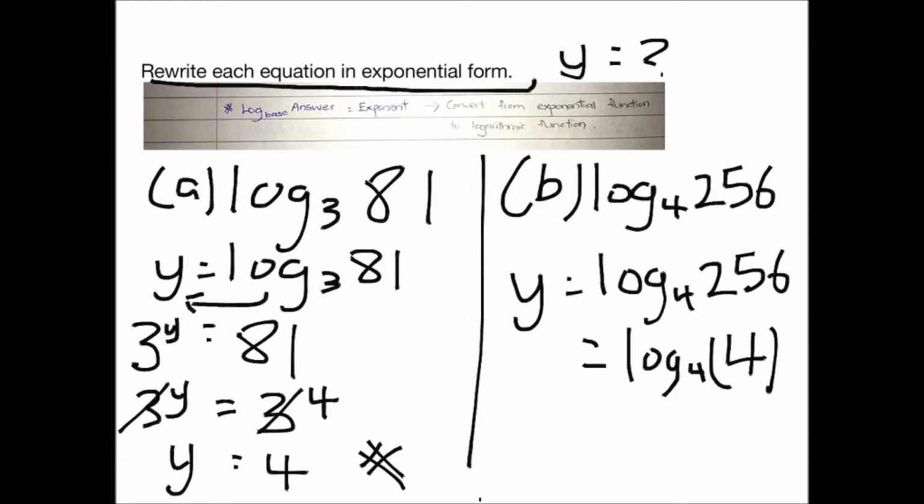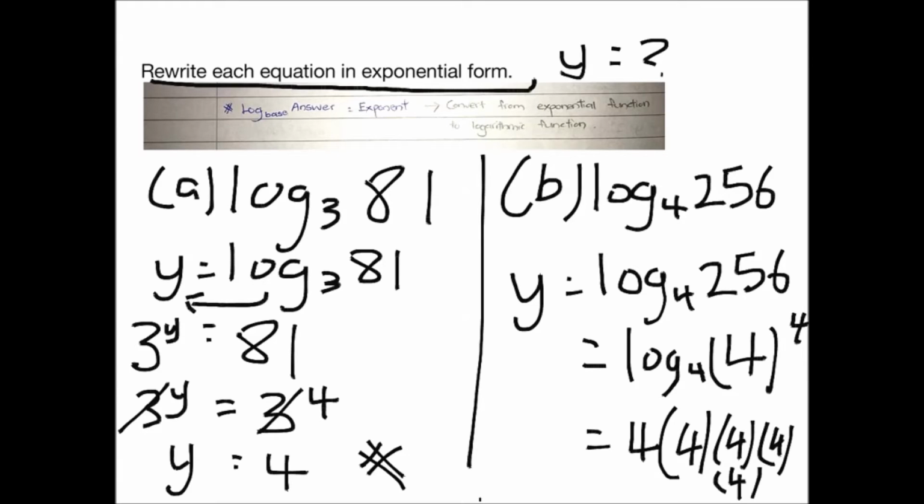We put the power bracket, and then it's power of 4. So we know that 4 multiplied 4 times is equal to 256. So you just put, okay, so now we know that it's